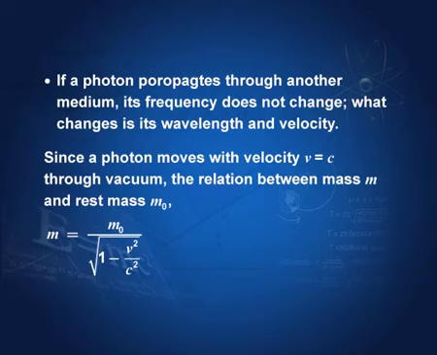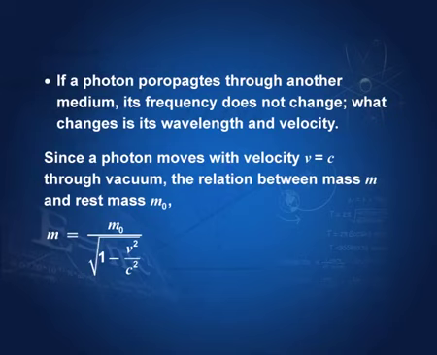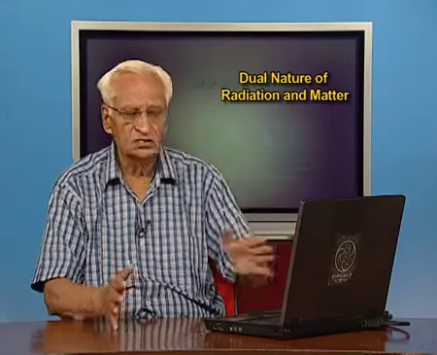However, for the photon v is equal to c. So this denominator becomes 0, and therefore it is necessary that the quantity m 0 also becomes 0. Otherwise, if this is not 0, then it will become infinite. So m 0 must also be 0, that is, photons do not have a rest mass, because they move with velocity c. And it also implies that the photons cannot be at rest,